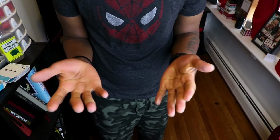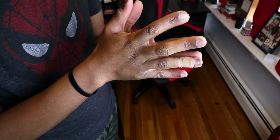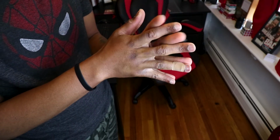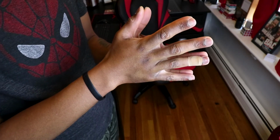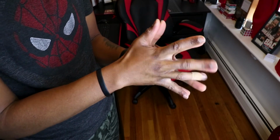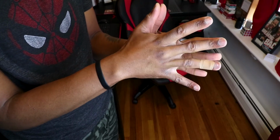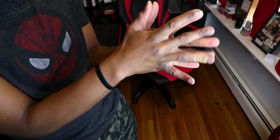There's also, you could do, this one's a bit easier. It's top half, bottom half, top half, bottom half, top half, bottom half. For some reason, when I was doing this in middle school or early high school, I would do it this way. But if you do it that way, you're overworking the middle two fingers. Ooh, oh my god, my forearms are just...